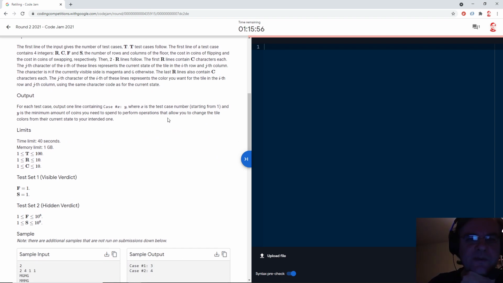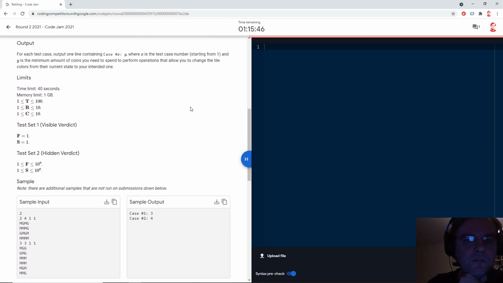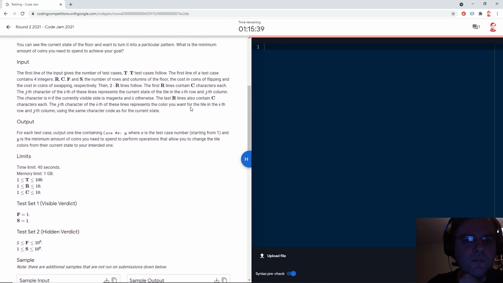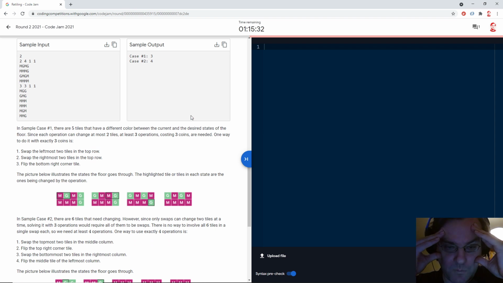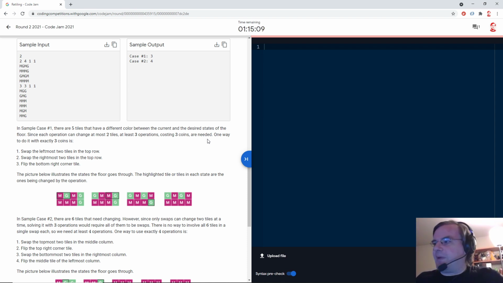Fairly simple problem statement. Okay, this looks like a network flow slash bipartite matching type problem.